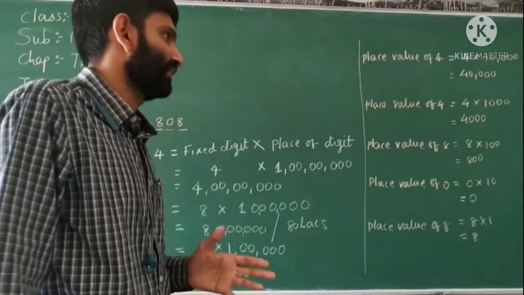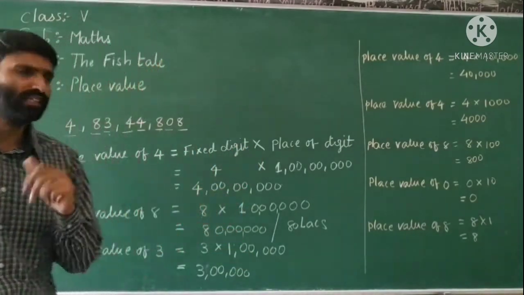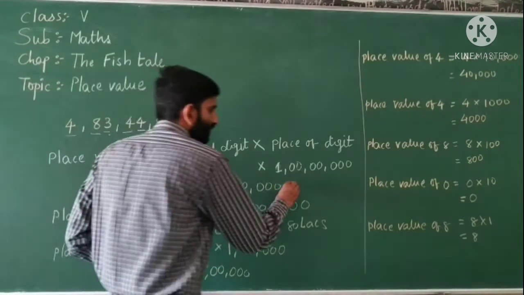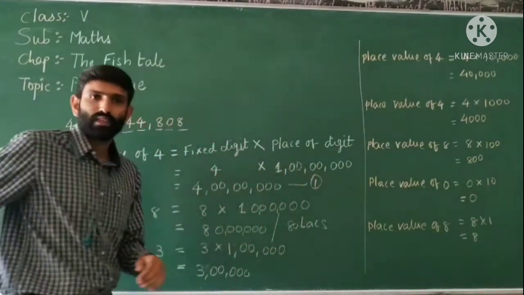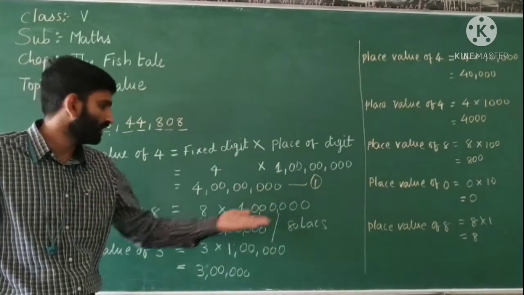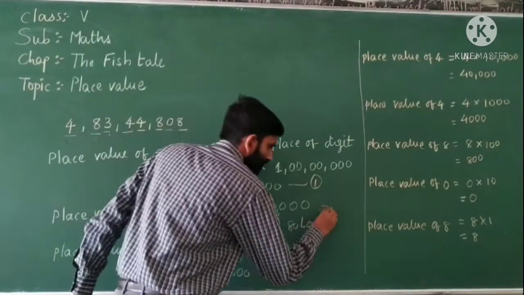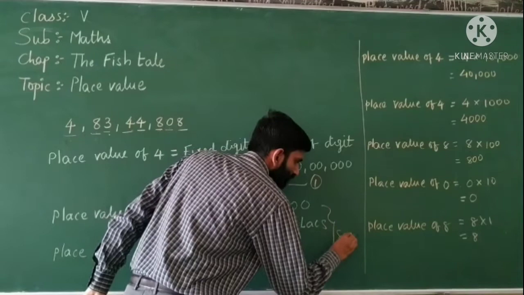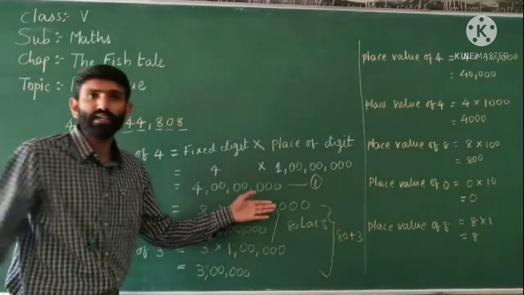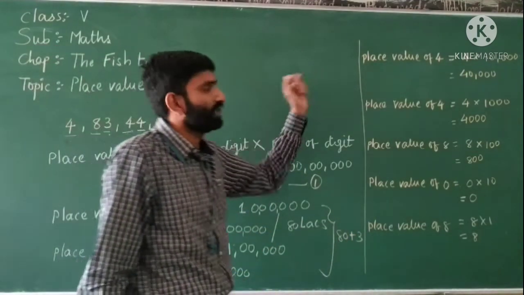इसको words में कैसे लिखते हैं? ठीक है. देखो, इसमें कुछ चीजें कॉमन है. क्या क्या चीजें कॉमन है? 1 करोड़ का कितना है? 1 है ना. 1 करोड़ होगा 4 करोड़. ठीक है. लैक्स वाले कितने? 2. एक तो 80 लैक्स है, एक 3 लैक्स है ना. 80 प्लस 3, ये दोनों कॉमन हो जाएंगे, है ना. 80 प्लस 3. यहां पर देखिए